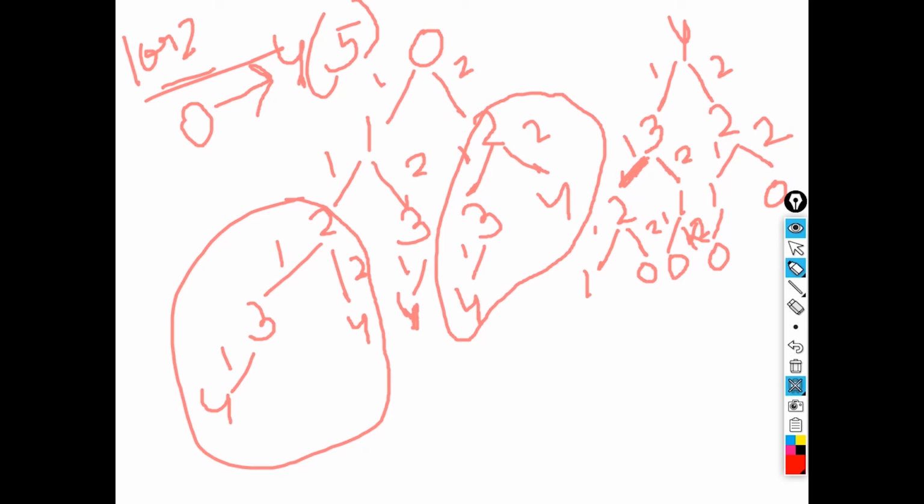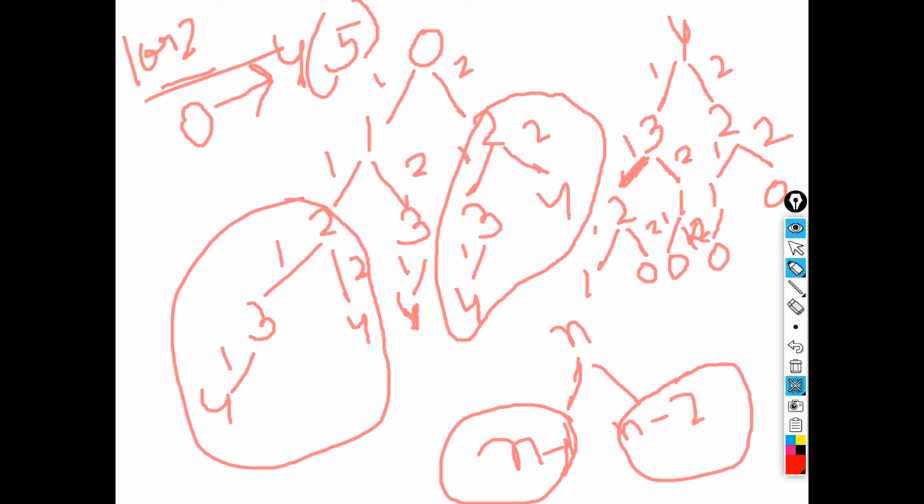Now the thing here is, for every n, we need to think for n. For every n I'll have only two options, either n minus 1 or n minus 2, and the number of ways to reach n minus 1 plus the number of ways to reach n minus 2 will be the number of ways to reach n. Let's say we have 4, so the number of ways to create 4 is the number of ways we can create 3 plus 2.